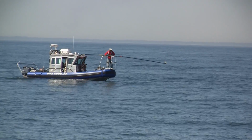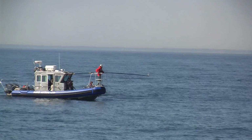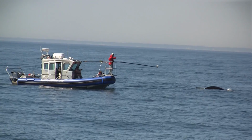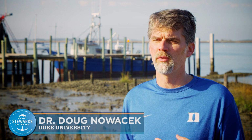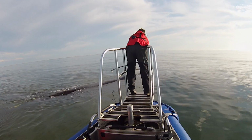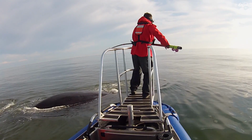Off the coast of northern Florida, a team of researchers from Duke and Syracuse universities works to attach a tracking device to a North Atlantic right whale. As you approach, your nerves take over. There's certainly an adrenaline rush that starts and your heart starts pumping. You look down at this massive animal, it's 45 tons of, a lot of blubber, yes, but a lot of